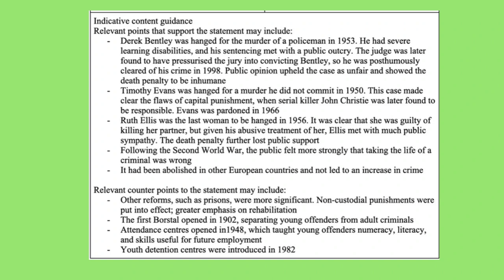So if you chose to counter the statement, then one point you could have made was that other reforms, such as prisons, were actually more significant than the abolition of the death penalty. Maybe you could say that non-custodial punishments were put into effect and they had a greater emphasis on rehabilitation. So you can see there that by disagreeing with the statement, I've offered another factor that I think was more significant. I've then brought in evidence of my own and I've supported my judgment. And that is really, really important to being analytical in this question. Do take a look at the rest of the points here though to see if there's anything you could have added to